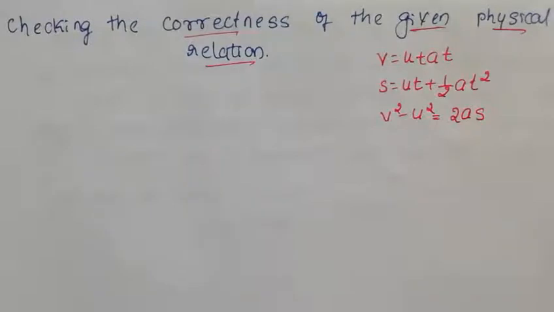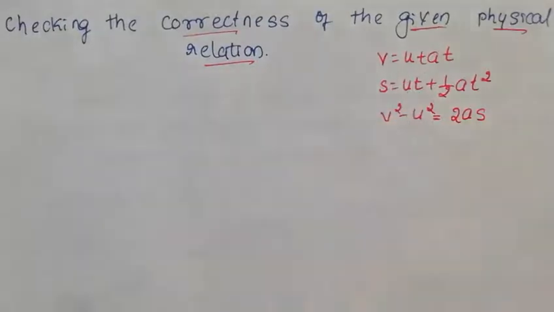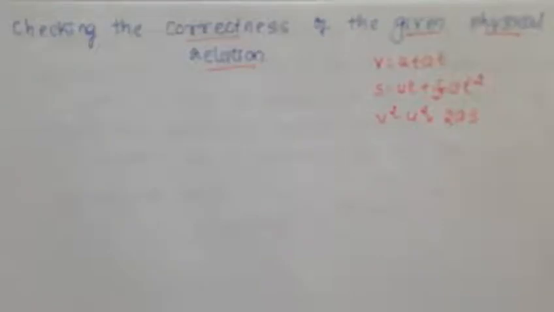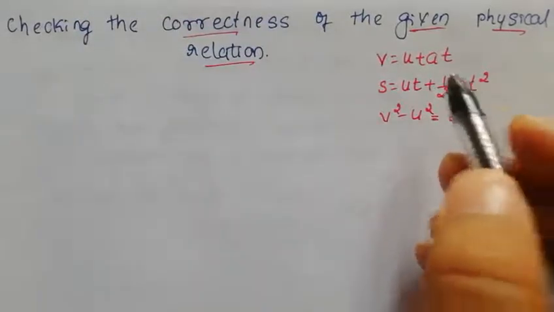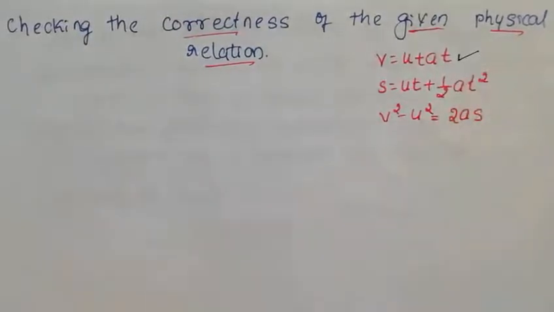But those equations we didn't even study, which are unknown to us, how can we check? So today I am going to tell you how to check the consistency of an equation using any one of these examples, and then we move on to unknown equations. Now look here. First we take v equal to u plus at. I need to check whether it is consistent or not. And before going to check consistency, I want to clarify one more concept.